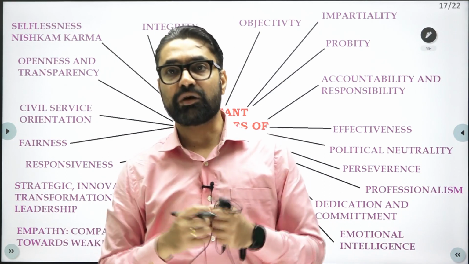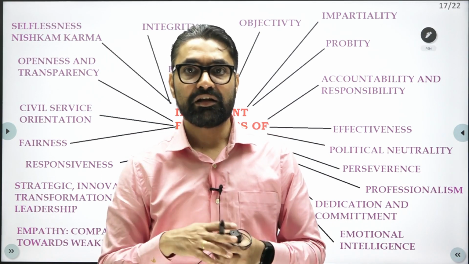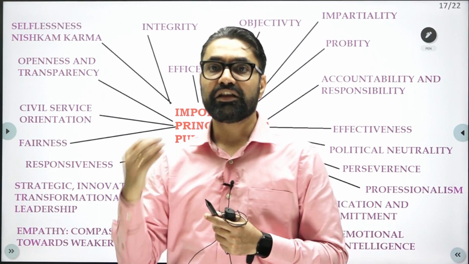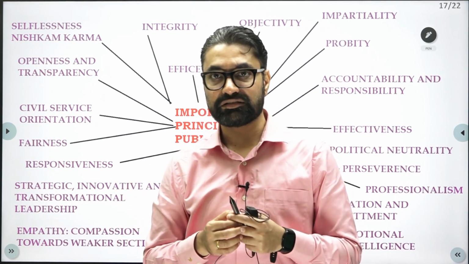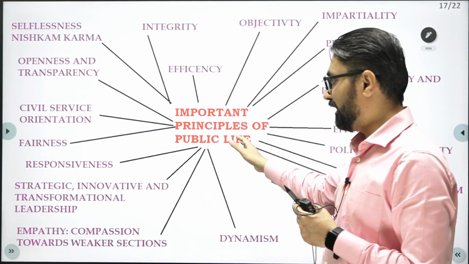Okay, so what are the E's of good governance? These eight E's are economy, efficiency, effectiveness, equality, equity, ethos, ethics, engagement. So all these values, all these eight E's, we will